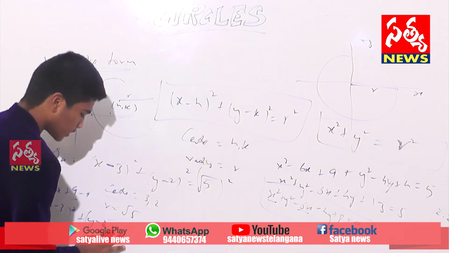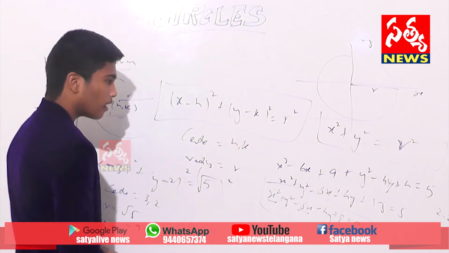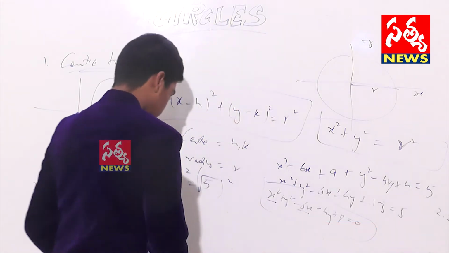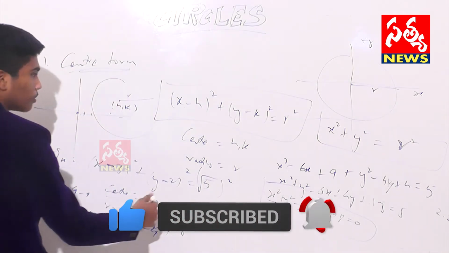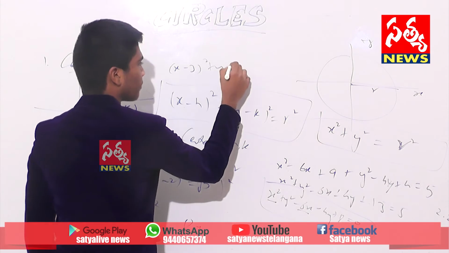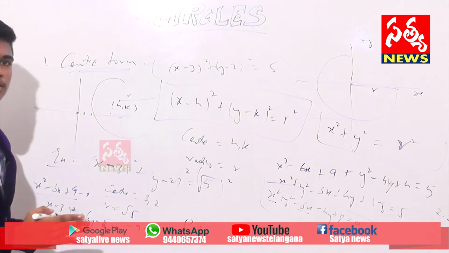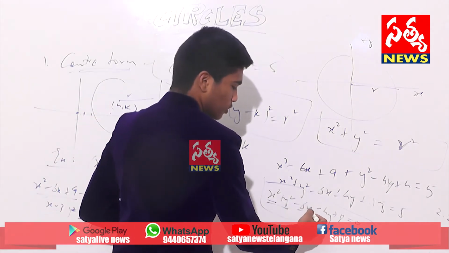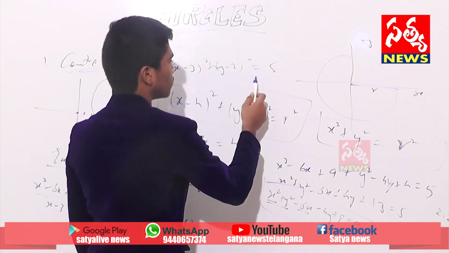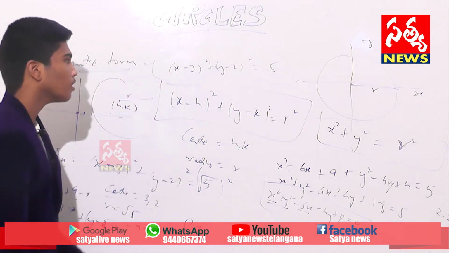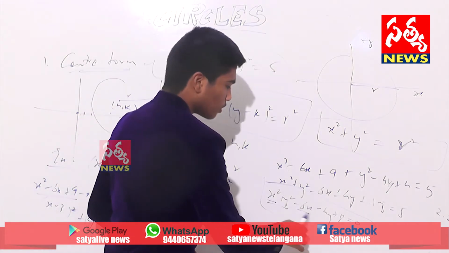Plus, here we are left with minus 9 and minus 4. Previously we have 8. 9 plus 4 is 13. 13 minus 8 is 5. So x minus 3 whole square plus y minus 2 whole square is equals to 5. In this way, we compress the equation x square plus y square minus 6x minus 4y plus 8 equal to 0 to x minus 3 whole square plus y minus 2 whole square is equals to 5. This is one method for finding the center and radius. There is another method which I will say.